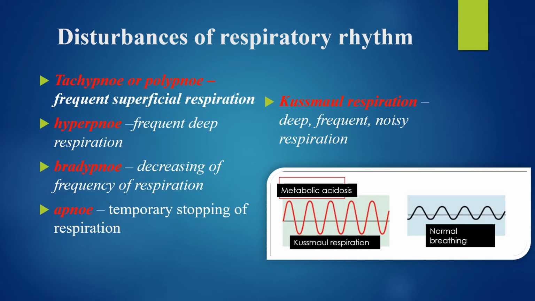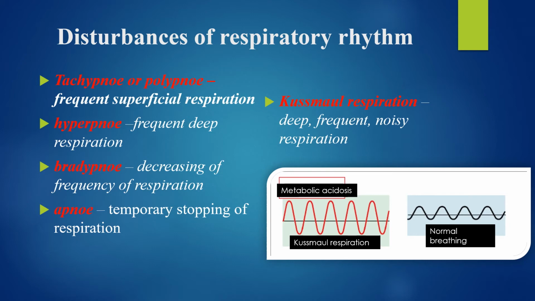The next is hyperpnea. It's a rapid deep breathing resulting from irritation of the respiratory center in a reflex or humoral way. It occurs in diabetic coma and uremic coma. This is called the Kussmaul respiration. Then bradypnea is a decrease in respiratory rate. Increased blood pressure, hypocapnia, and hyperoxia, due to the impulses from baroreceptors and chemoreceptors, by a reflex way lead to a decrease in the respiratory rate.